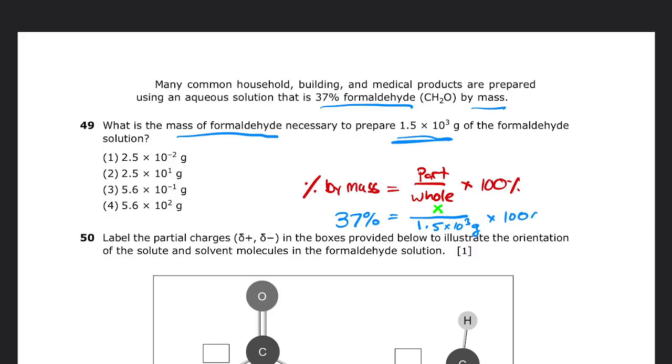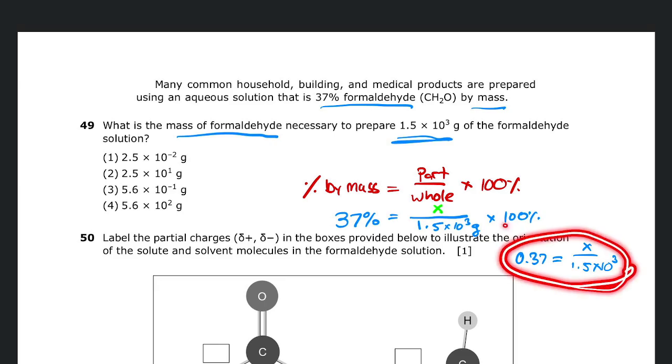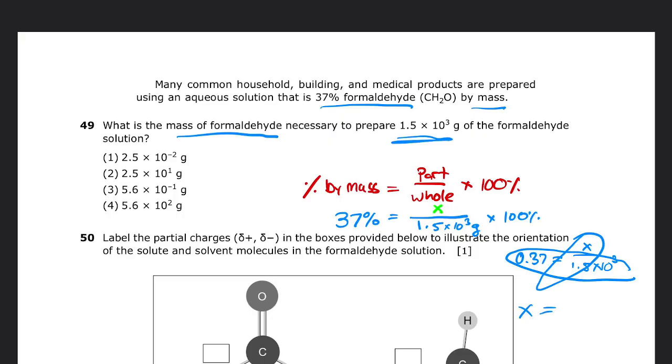And then don't forget the times 100%. When I divide both sides of the equation by 100 to get rid of the 100%, this is what I'm left with. I can then cross multiply, and I will get that x is going to be equal to